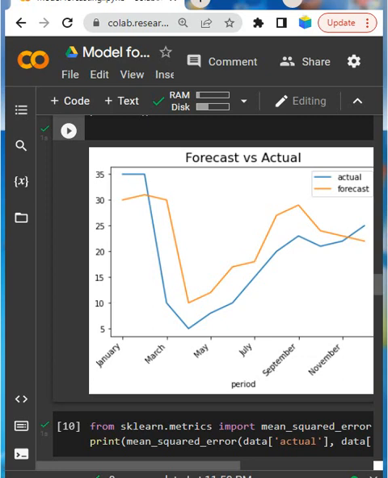First we had only two columns, one is the period, another is the actual, and now I have created this additional one. With this information we have already displayed the actual values against the forecast values over time.